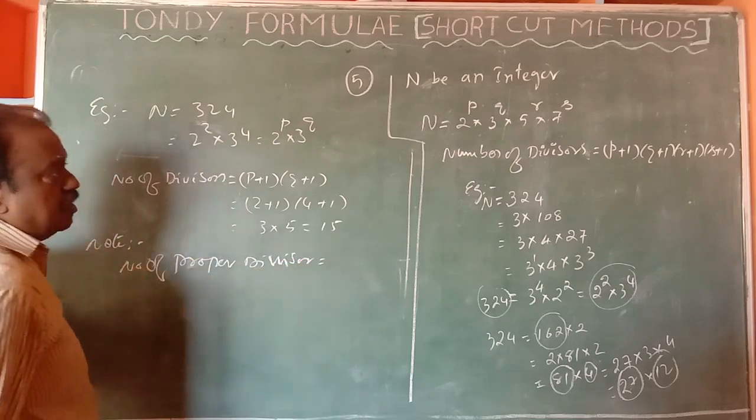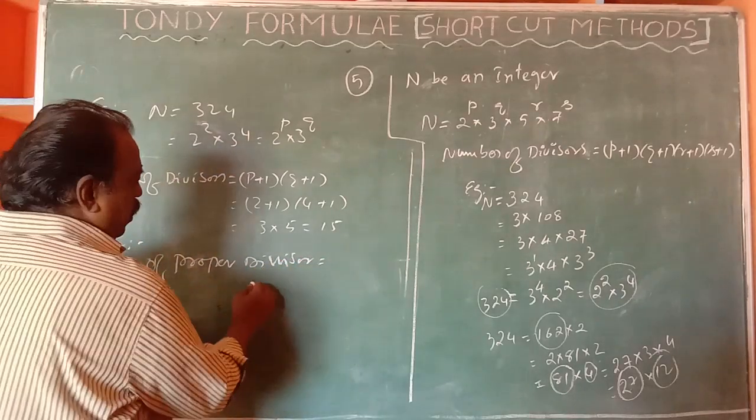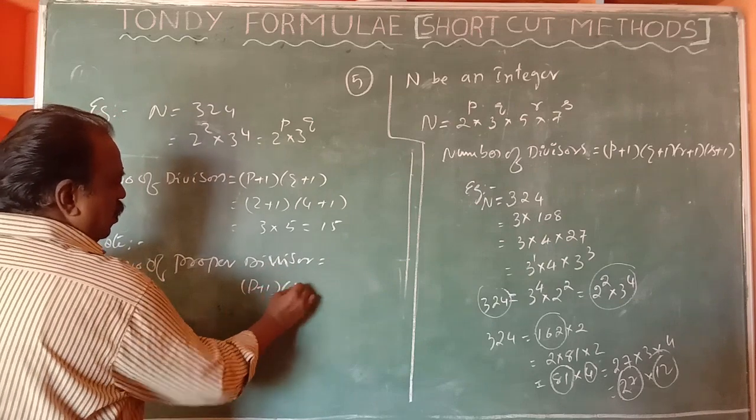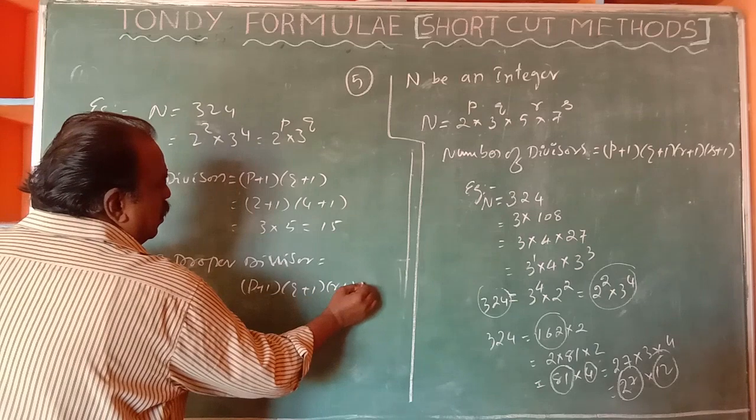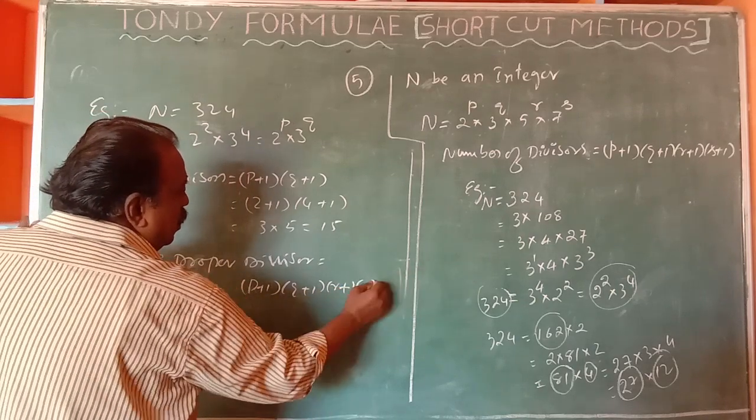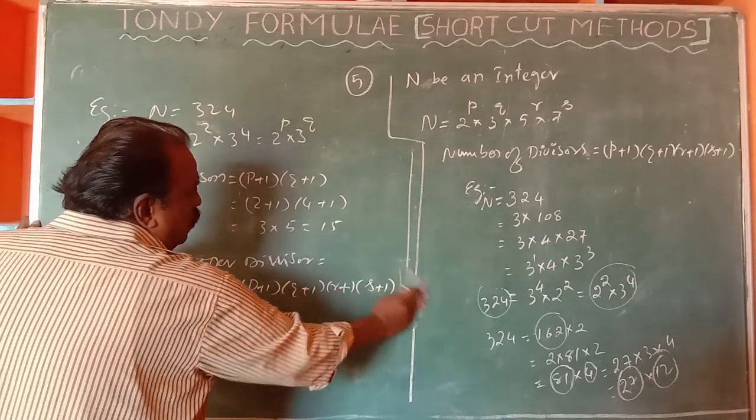Proper divisor. It's simple. It is (p plus 1) into (q plus 1), (r plus 1), (s plus 1), whatever it may be. At last, take